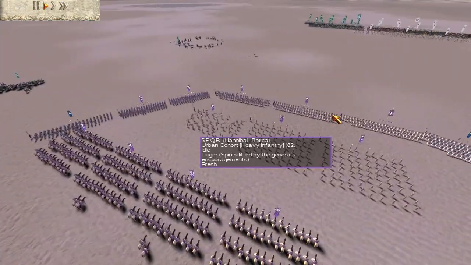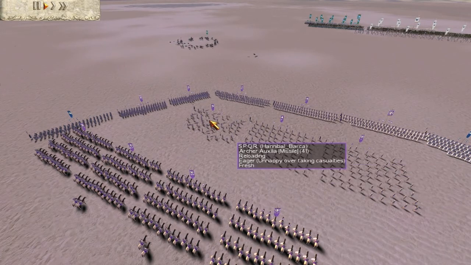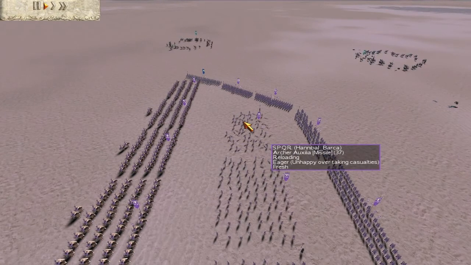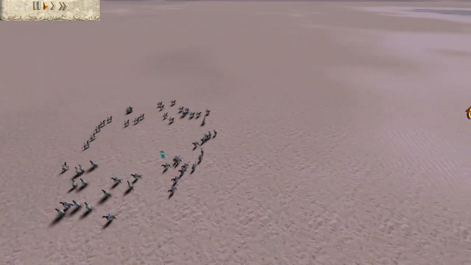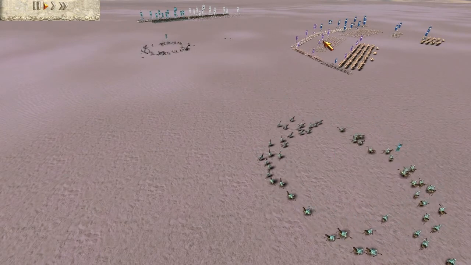Now, as I've said in previous videos, archer auxiliary, Cretan archers, Pharaoh's guards, Forester warband, chosen archer warband, those longer range archer units field much less ammunition. Well, not much less, but they do have less ammunition. So I just wanted to waste his ammunition. So the best way to do this is to come into Cantabrian circle like this and just pick shots away